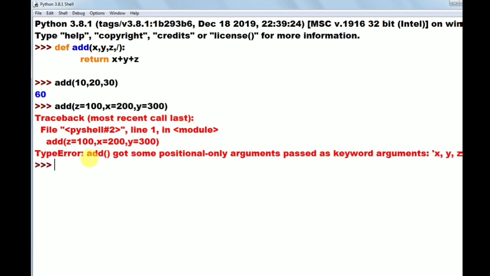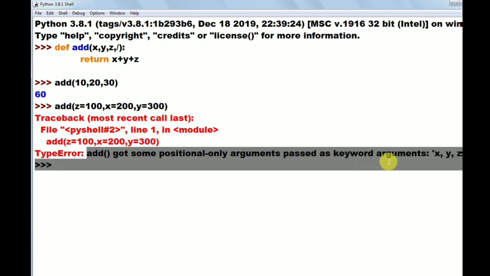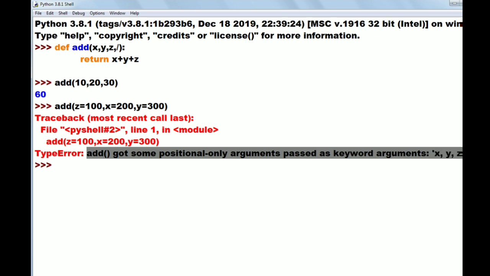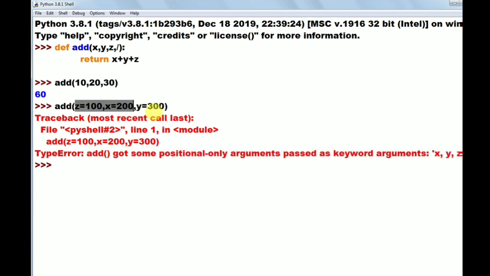That is a TypeError: add function got some positional only arguments passed as keyword arguments. So here we are passing x, y, z as keyword arguments, but those are positional only arguments. With this we can understand that positional only arguments cannot be passed as keyword arguments.